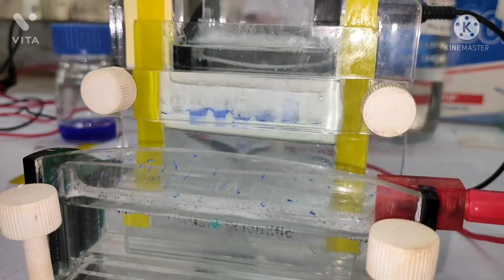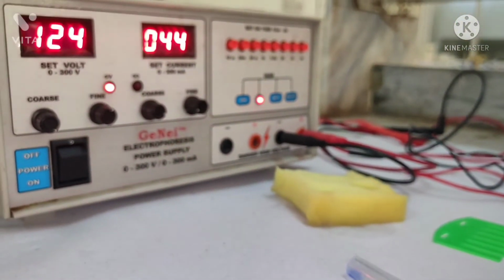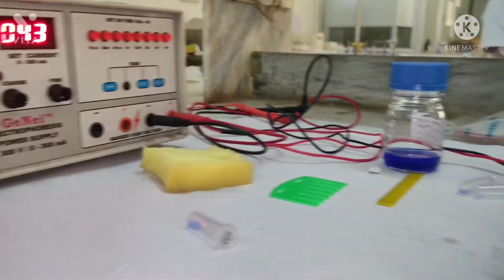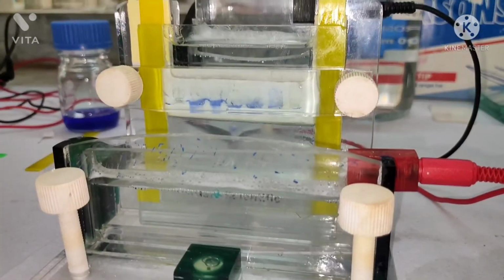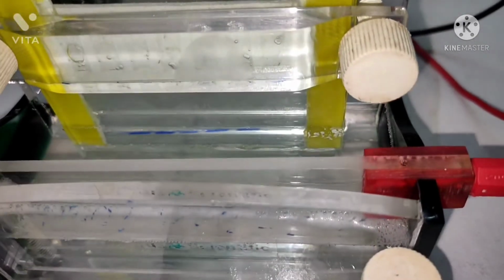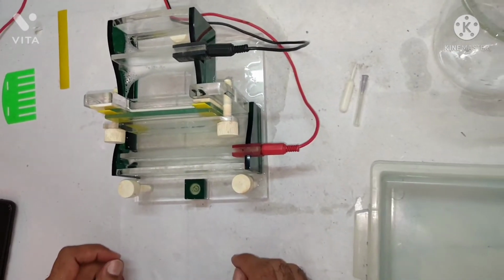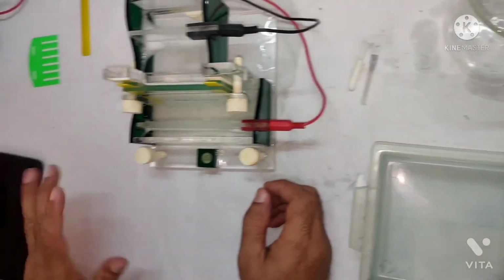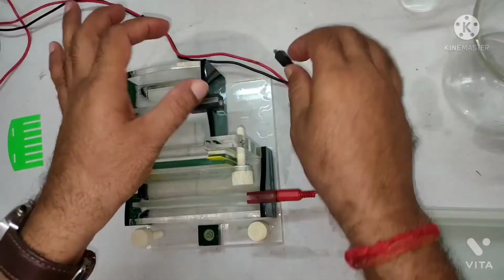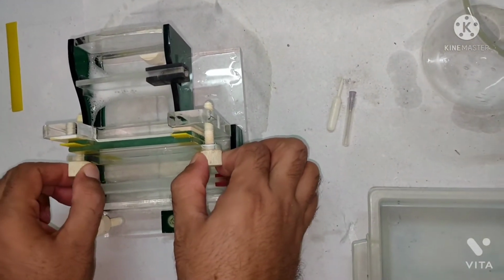Yeah, all the samples has been loaded, so we put them now onto the 125 volt and 43 milliampere current, and will run for maybe 45 minutes. Okay, so now our gel is almost completed. Run is completed. You can see the tracking dye, it comes almost to the lower level of the plate. So now I switch off the current, I remove the plugs from the electrodes, okay, and now I am removing